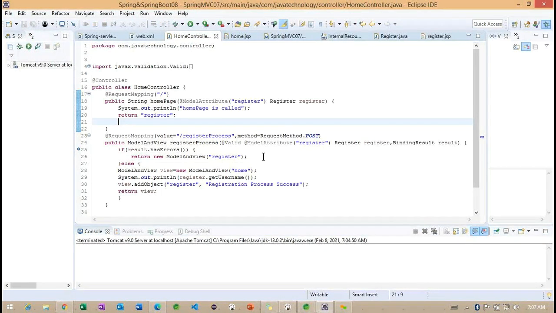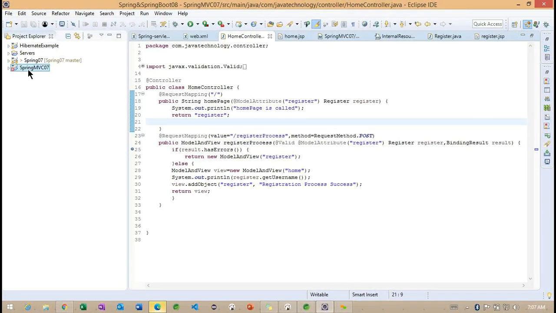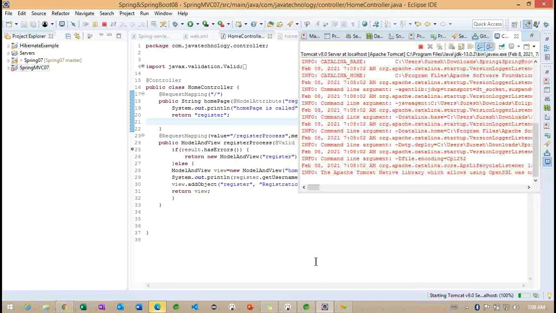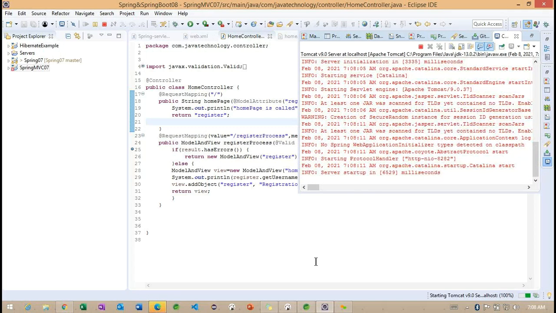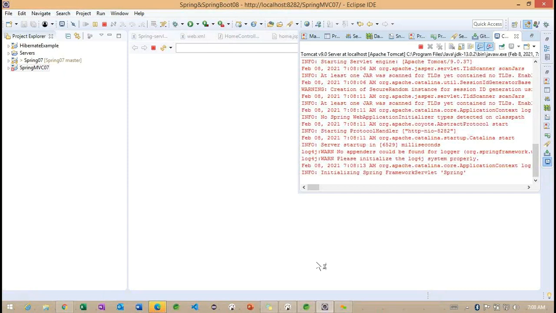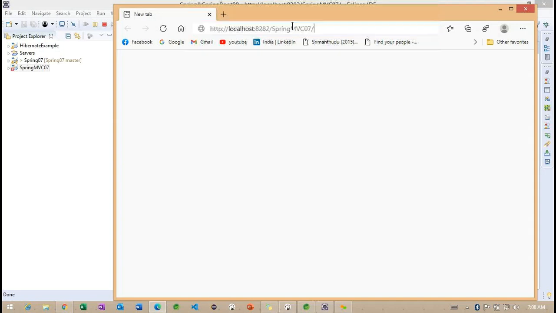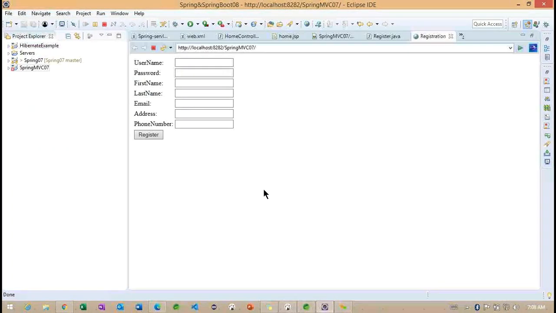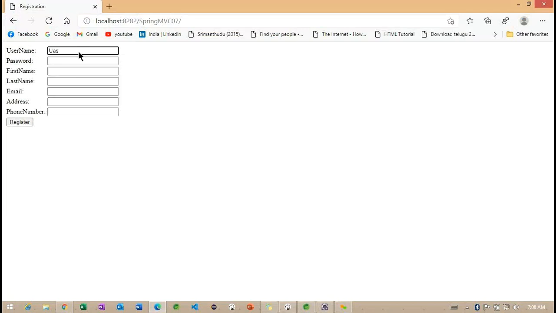Let me run. We will save one more time here. Okay, let me enable the breakpoint. Username, password.